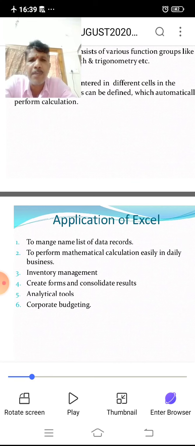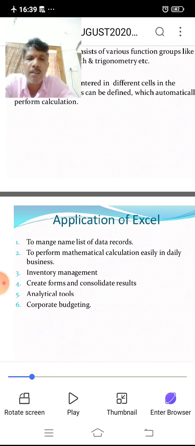Generally, a particular organization or company works with employees. All the employees' details will be recorded or stored in a particular table. The table contains rows and columns, and each row represents a particular record.